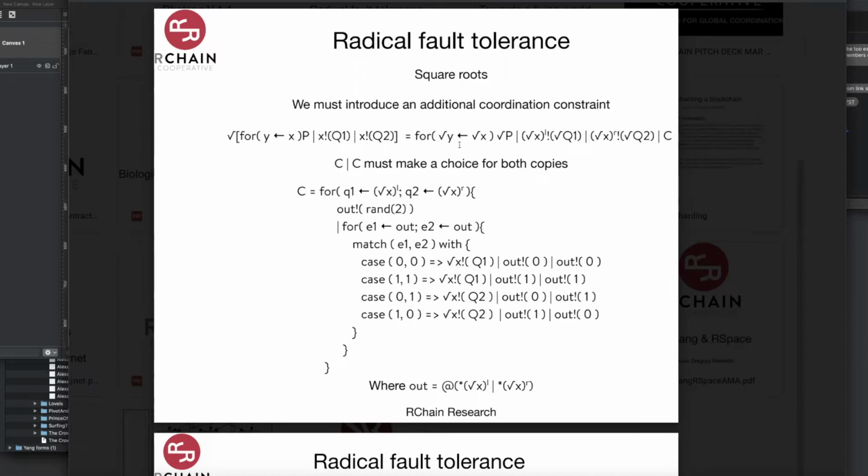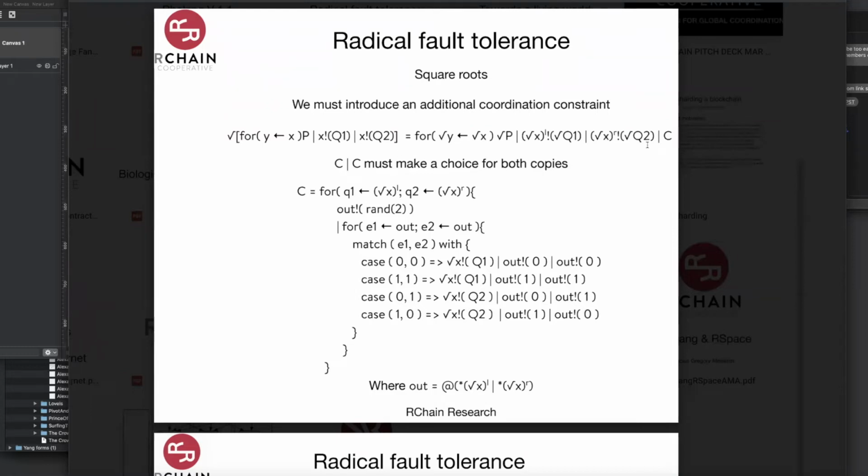And it's got to be the case that it's C par C that does that job, because if this thing is the square root, then when I square this thing, in other words, when I put it in par with itself, I'm going to get two copies of C in par. So this is the thing that must make the choice for both of the copies of this thing. Is that clear? So as you continue to square and the equation grows, C multiplies as well, keeping the constraint on the equation. That's right.